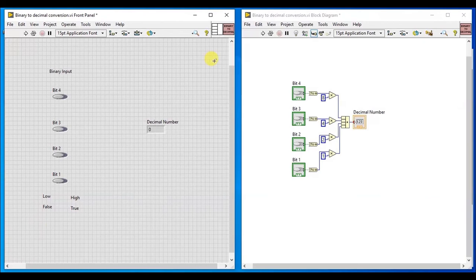Now I am assigning the terminals to controls and indicators. Place the cursor on the connector pane, automatically the cursor changes to the wiring tool, and click on the terminal. The color changes to black. Now click on the front panel control to assign the terminal. After assigning the terminal, as you can see, the control is highlighted. Same process I can repeat for another control also. Same thing I can repeat for indicator also.